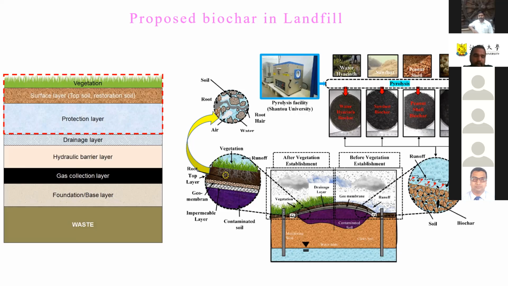Another thing is, when we think about using this material in our landfill liner, we also have to think from the production point of view, because this biochar material is not unique or very specific. Even if we produce it from the same waste, these properties can vary quite significantly. So it's not a very uniform or homogeneous material. For this, we need to very carefully choose the production process, which can specifically meet the requirements of our